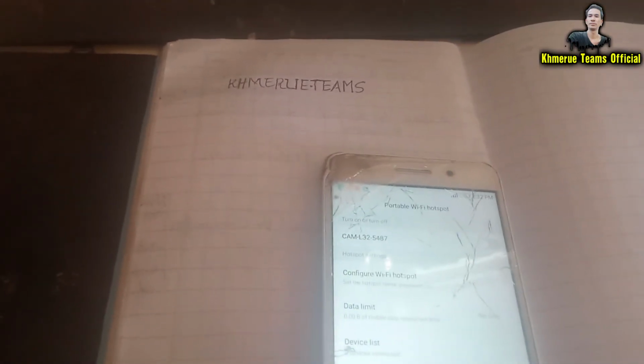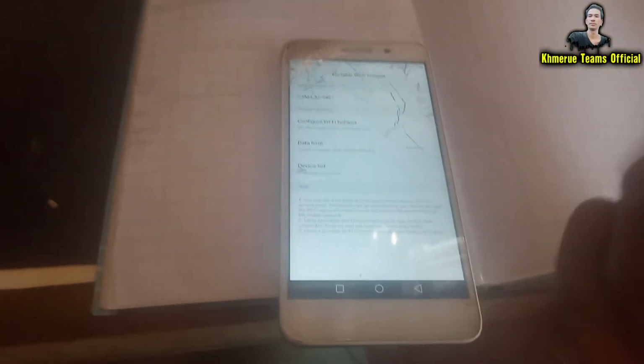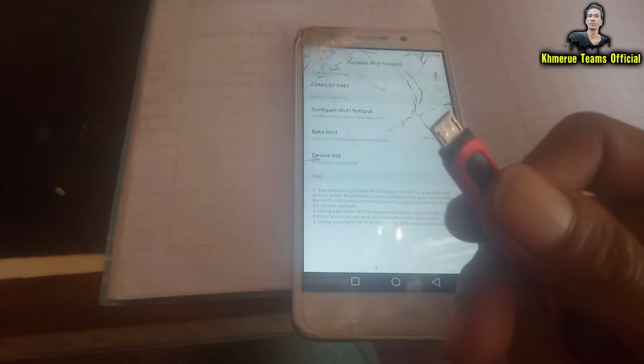Now you turn off your hotspot device. If you don't have any adapter drivers or you don't have a USB Wi-Fi, I will tell you the method too that can also share your internet from your mobile. Now you have to connect your USB cable here,